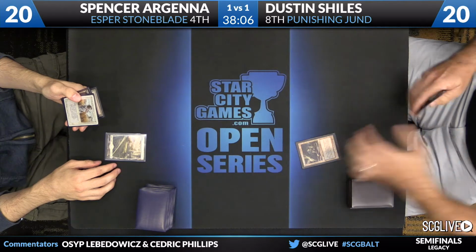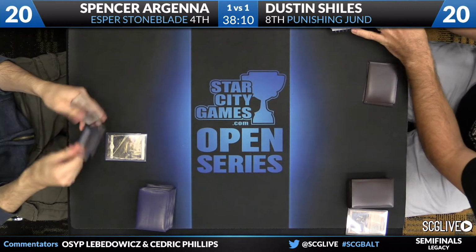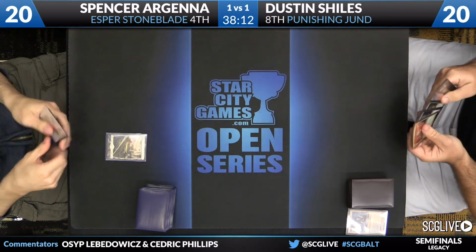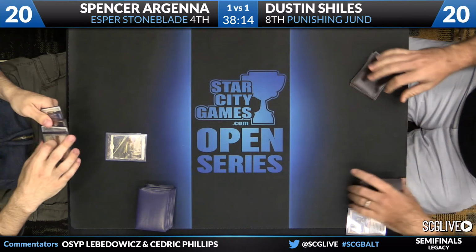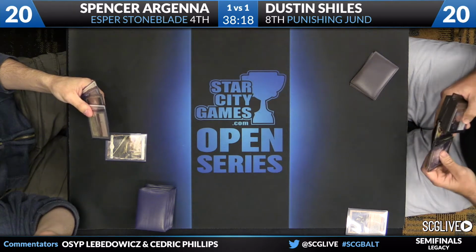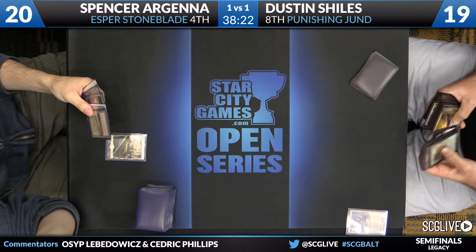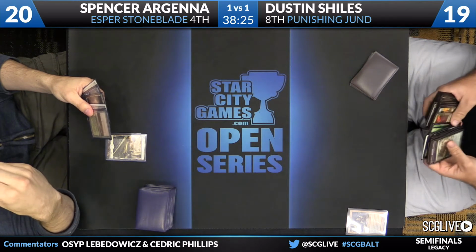So Spencer leads with the Plains after a mulligan to 6, and he passes. Dustin Shiles has a Bloodstained Mire, and he's going to crack it. Spencer's got a pretty good hand here off of a mulligan. But let's see what Dustin does here. If this is a Deathrite Shaman, it's a pretty good start because I don't think